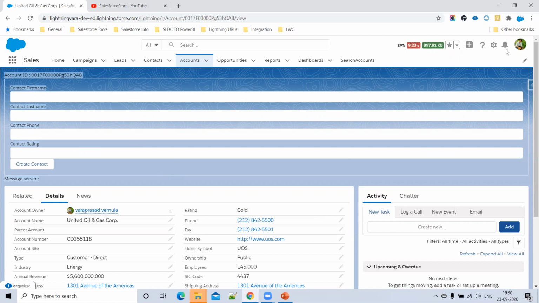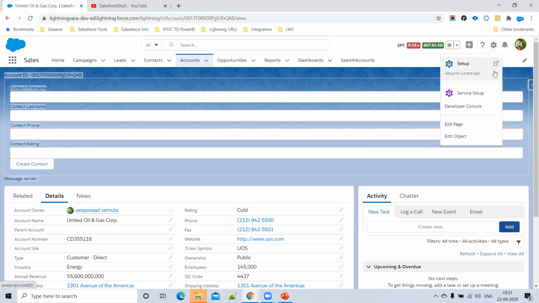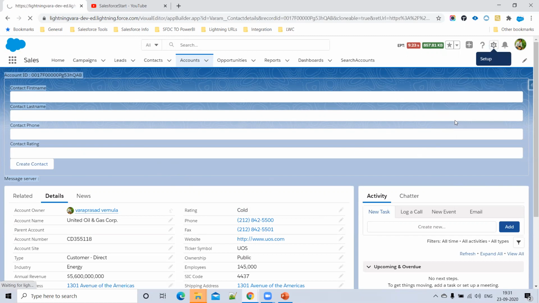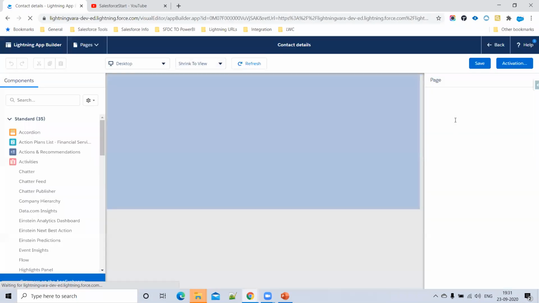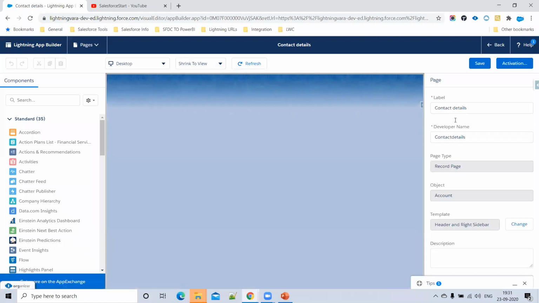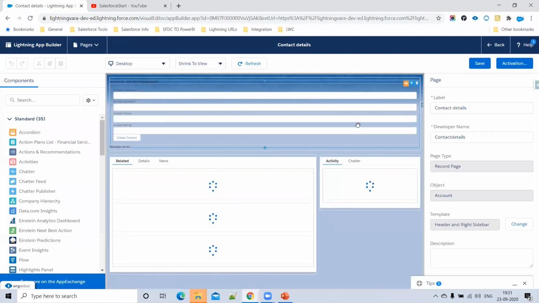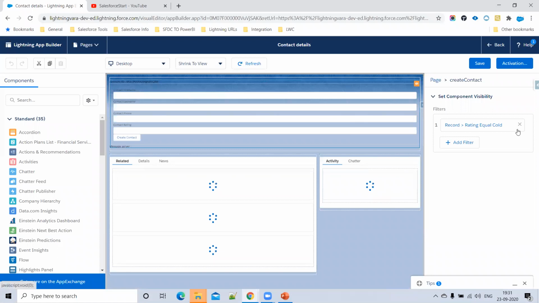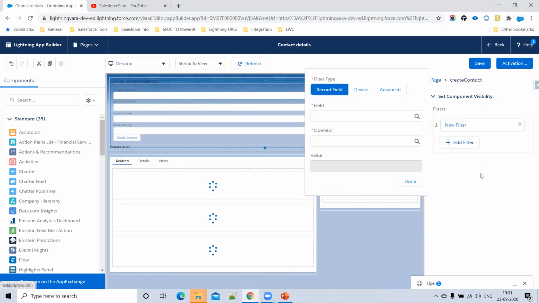For example, I want to show my Lightning component only on a mobile phone, not on a desktop. How can we do this? Same way, just click edit page. Here we can put conditions for which device you want to show this component, either mobile or desktop. Remove this condition, click add filter.